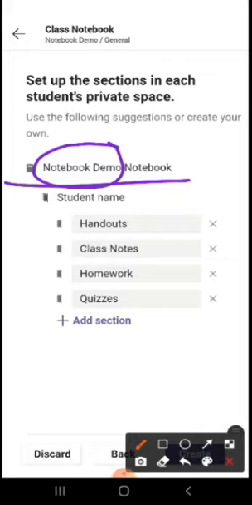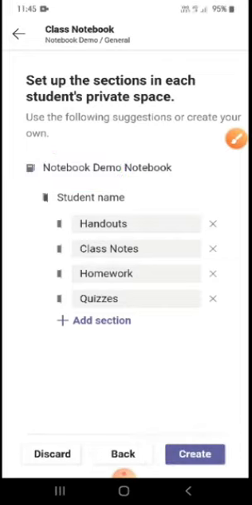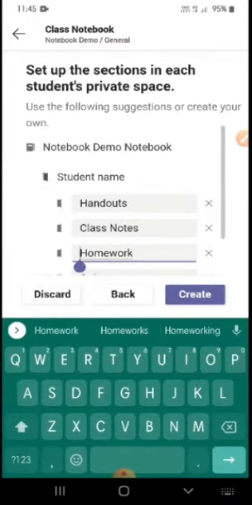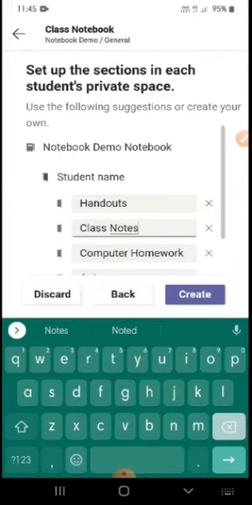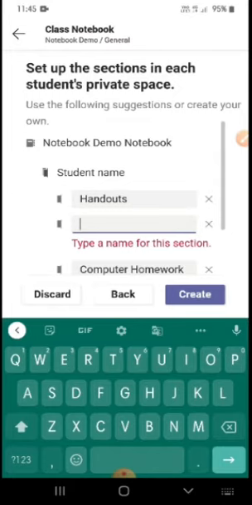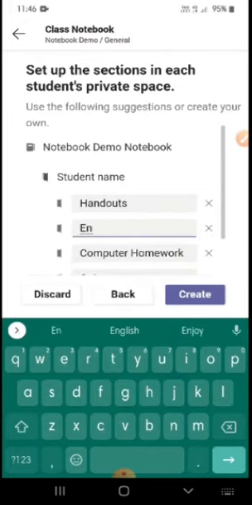Suppose this is my class 1A, and in 1A I have English, Hindi, Maths, Science, and Social Science subjects like that. So either you can have something like homework. We have these sections. I'll just write it here, computer homework. And for class notes, because we are dealing with those in the Content Library section, I'm not giving the option here, because the students will get confused. So I'm writing here English homework.